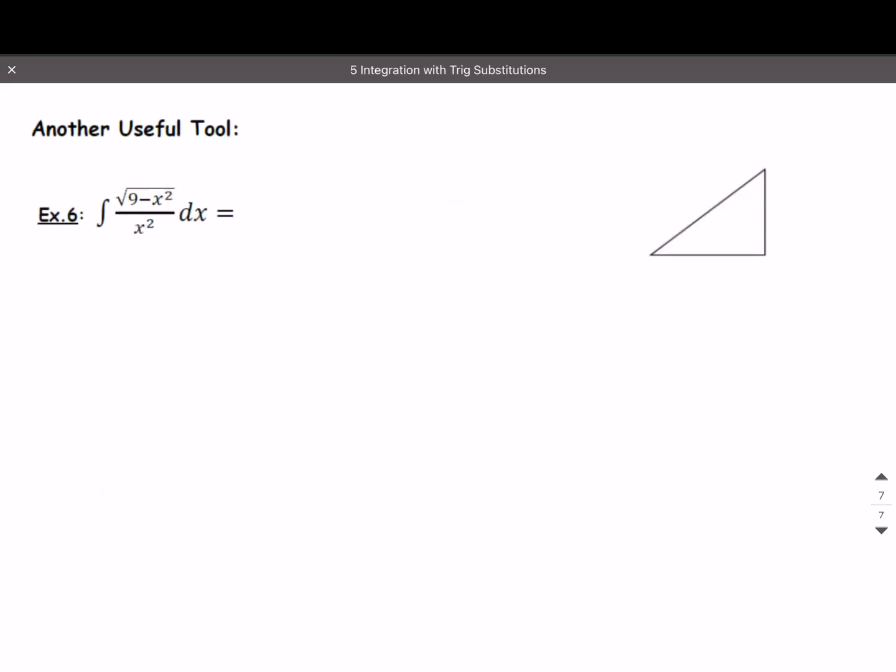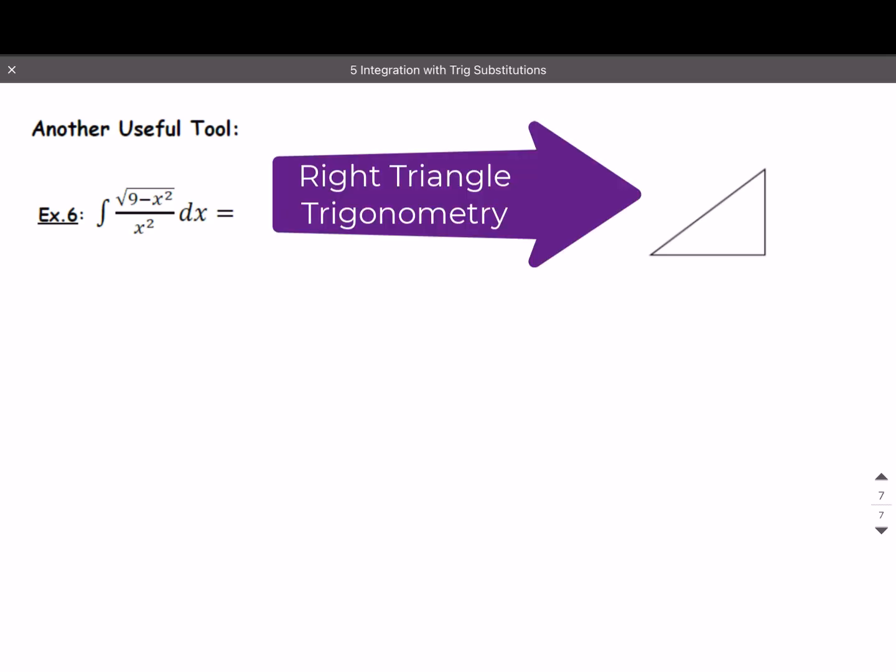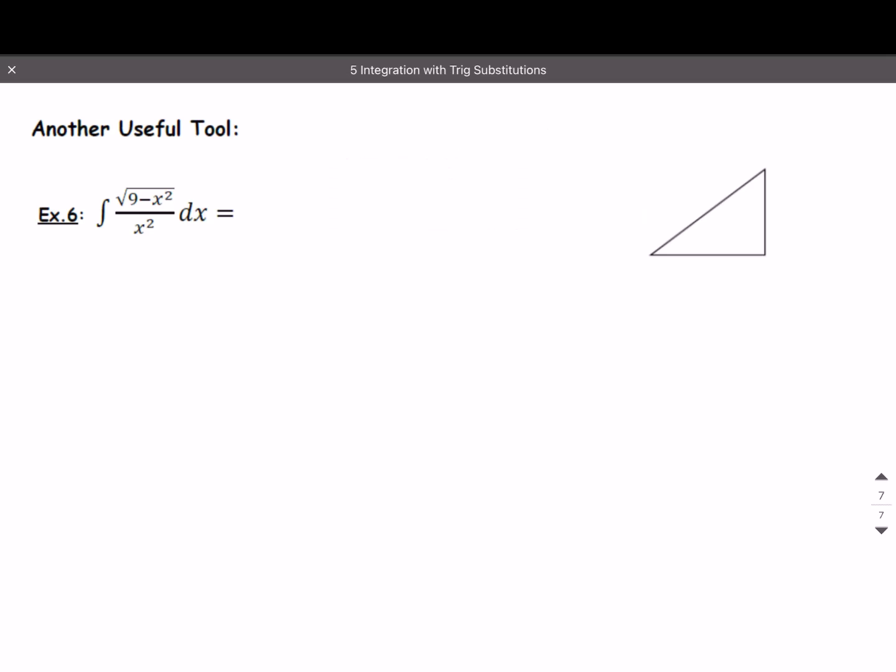I'm going to show you a totally different method that's not necessarily using the trig identities, but is using SOHCAHTOA instead. Here's an integral of the square root of 9 minus x squared over x squared. Hopefully, you can recognize that if I put an x here, then this piece has to be 3. And this side then would be the square root of 9 minus x squared, because by the Pythagorean theorem, x squared plus this radical